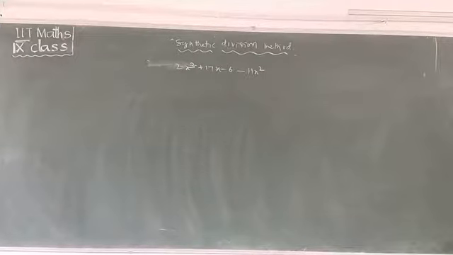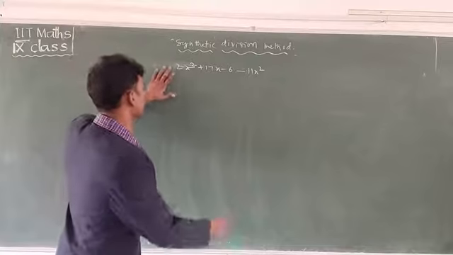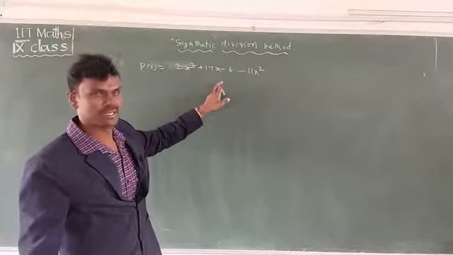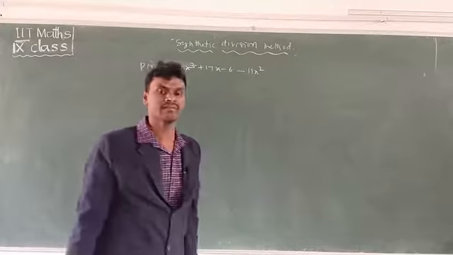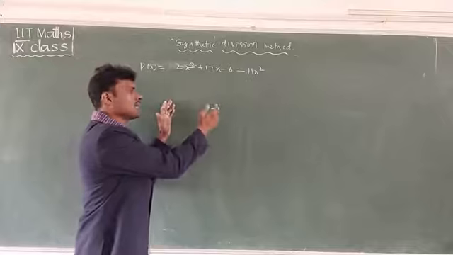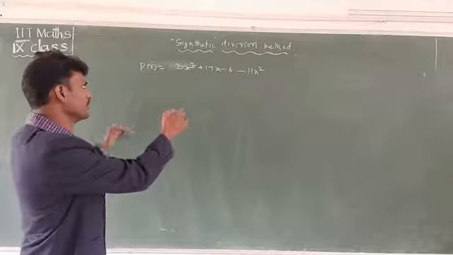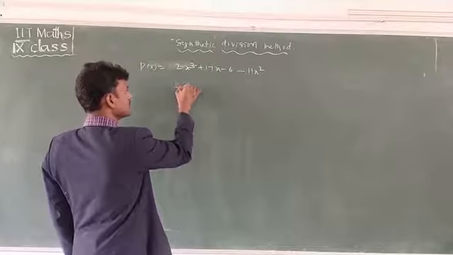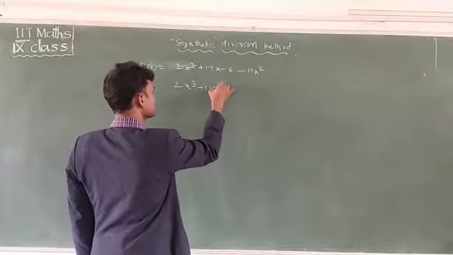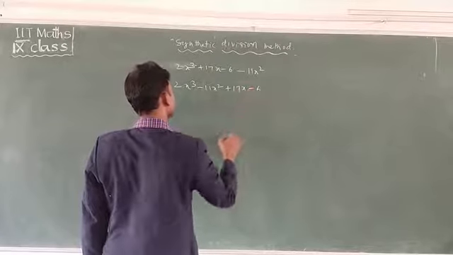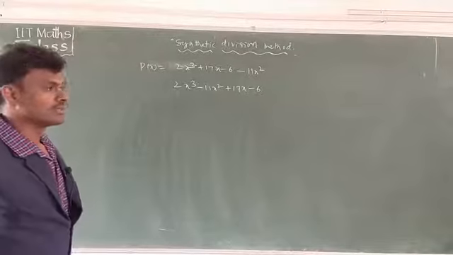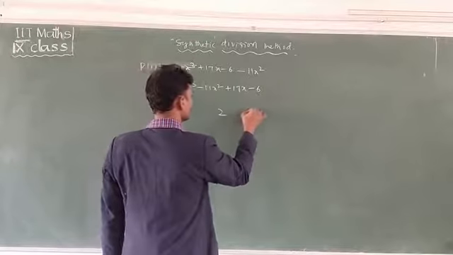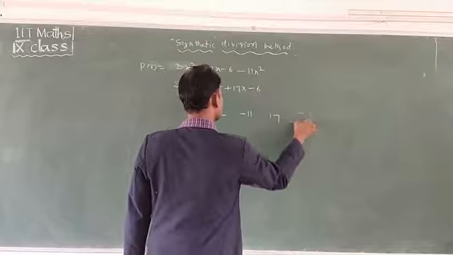Okay, now we have to discuss the synthetic division method. See here, clearly one polynomial p of x or f of x is given: 2x cube plus 17x minus 6 minus 11x square. First, this is in irregular order, so we have to write it according to the variable and degree. 2x cube, next minus 11x square plus 17x minus 6. This is a polynomial. Thereafter, you have to take the coefficients according to degree: 2, minus 11, 17, minus 6.